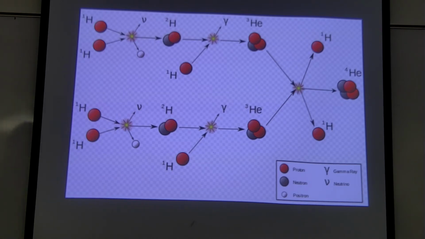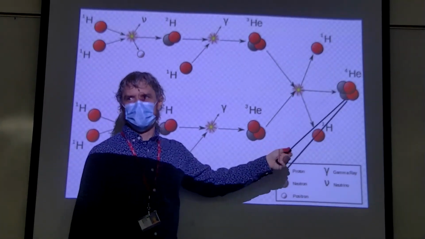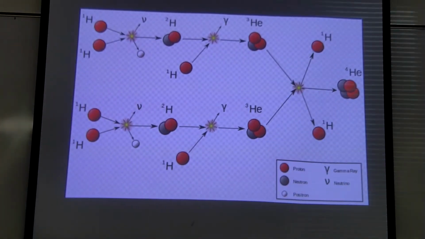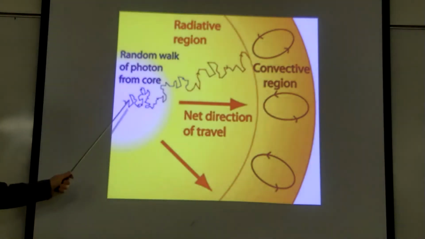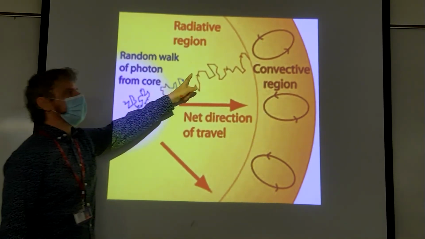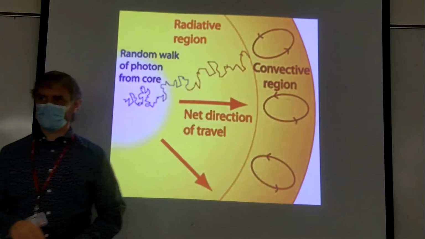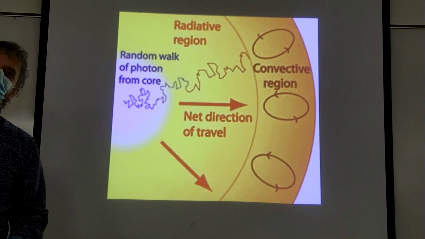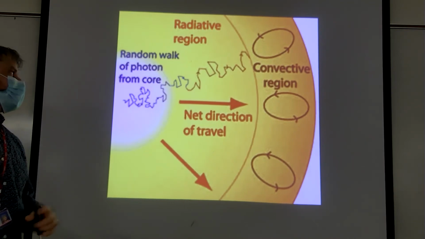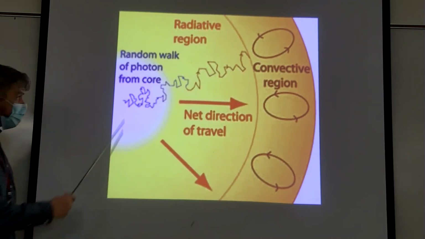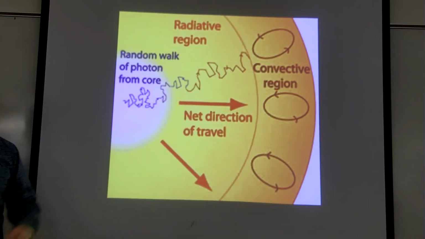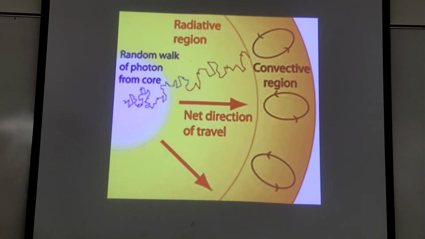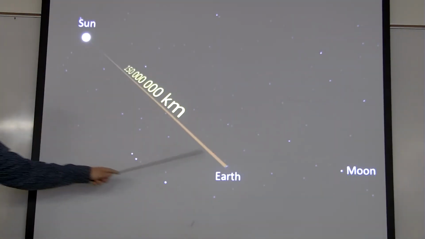But the sun takes about 700 million tons of this and converts it to about 690 million tons of this every second of its existence, on average. And then those photons leave the center of the sun, do what's called a random walk as they go from the center of the sun to the surface of the sun. They constantly get reabsorbed and re-emitted by all the particles within the sun. This process can take up to 1 million years. Statistically, it might take 10,000 years to 1 million years for a photon to get from the center of the sun to the surface. And then it takes 8 minutes for that particle of light to get from the sun to the earth.